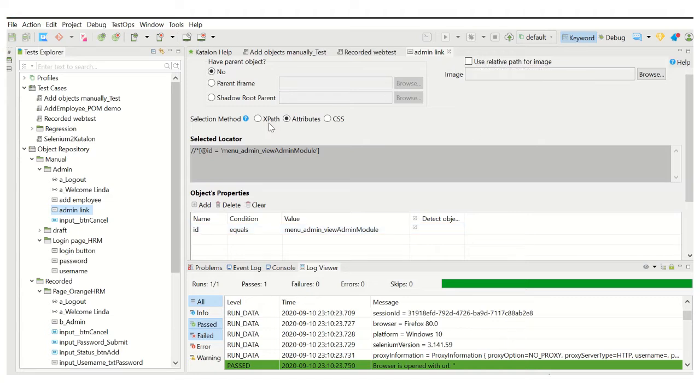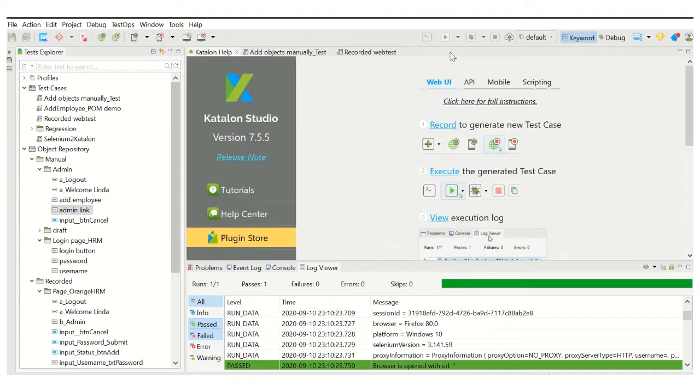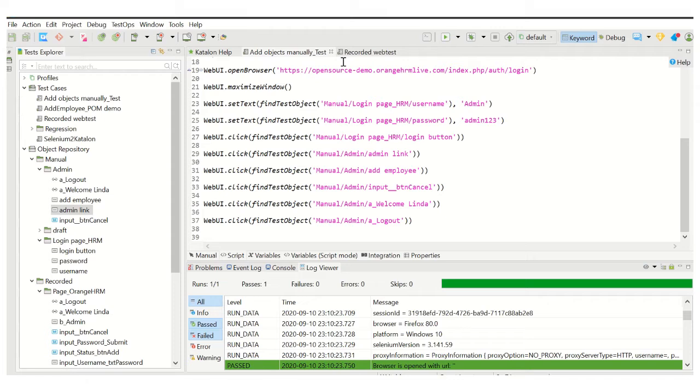So as you see, none of these are identified by XPath.